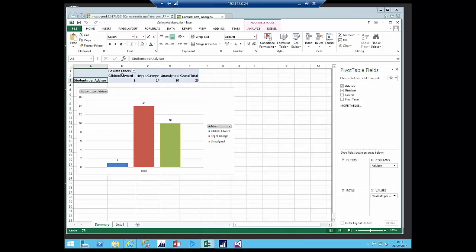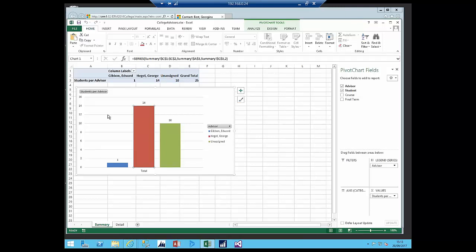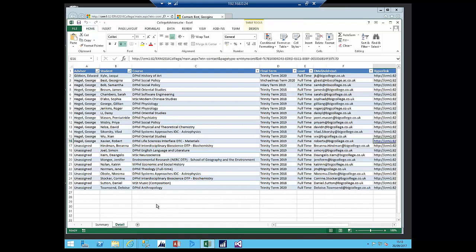So here I've got my breakdown across the top. I've got my little graph. I've got my legend here on the side. Again, if I come in here, I can see that this is George Hagel. Now on this particular spreadsheet, I've actually chosen to do it slightly differently because I've got the detail record here within the spreadsheet. And here you can see that I can go down, see the individuals that are assigned to George, see the one student that's been assigned to Edward Gibbon, and then